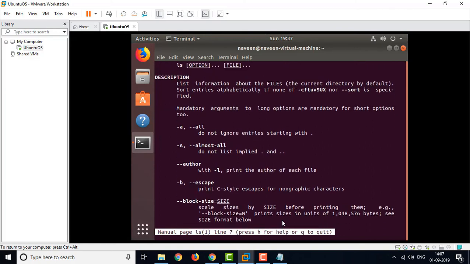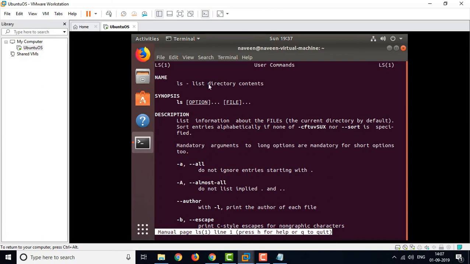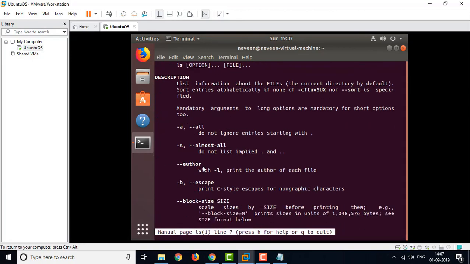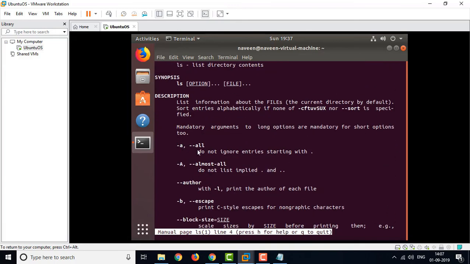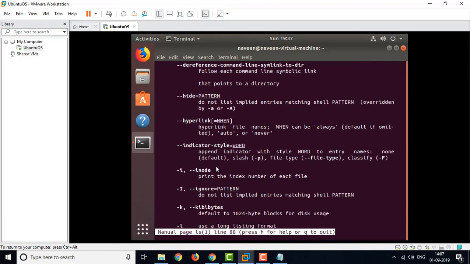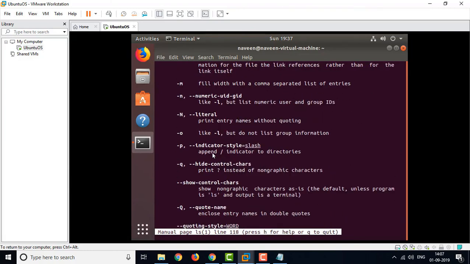You will get all the description and information here. The command is ls, meaning list directory contents, then options and file. You give options like -a, -l and others, and if you want, a particular file name. -a means do not ignore entries starting with dot, meaning hidden files, and -l means use a long listing format. Likewise there are many options you can use along with ls.